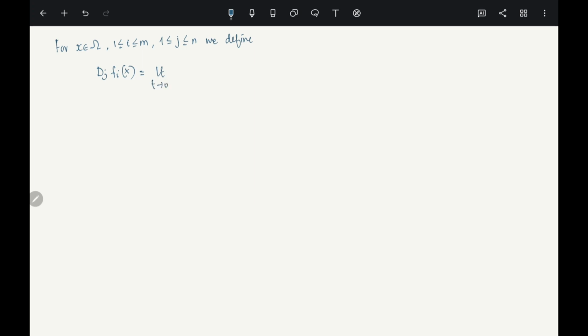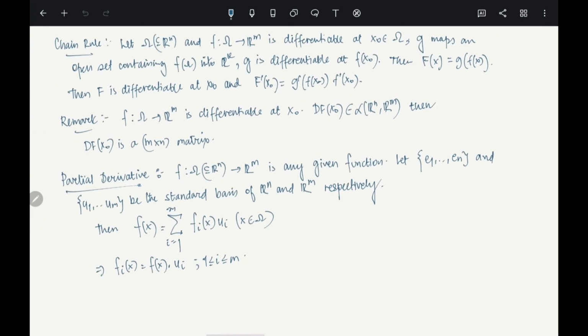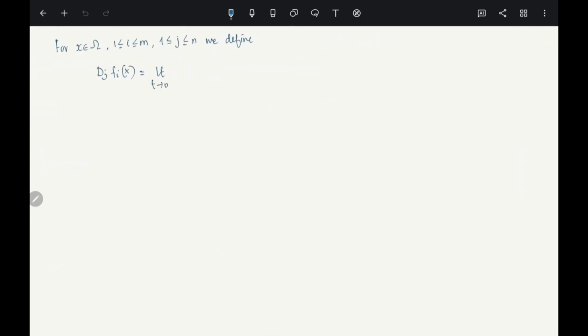So f1, f2, up to fm are the component functions. Note that f_i is a function from what to where? f_i acts on an element of Omega, and the range is in R. So basically f_i is a real valued function. For a real valued function, I am going to define the derivative in the jth direction. This is defined by